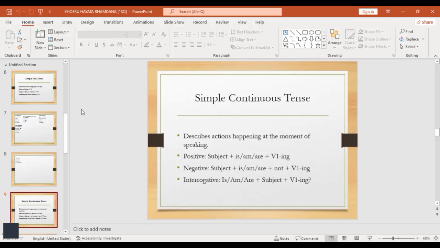The present continuous tense is very useful when we want to describe actions happening at the moment or to talk about plans that are scheduled in the near future. Just remember that it is used to be plus verb in -ing.